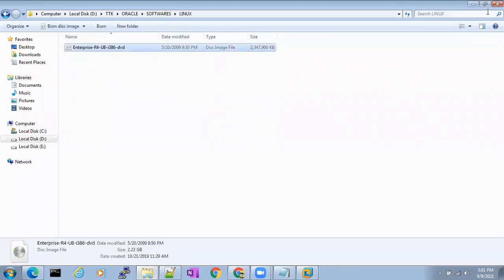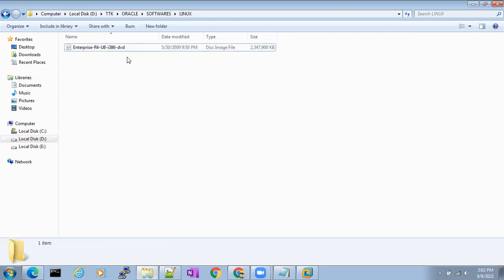How do we install a Windows software? In the previous days, we used to have a Windows CD. We used to insert the Windows CD and install the Windows operating system. But as technology progressed, that CD disk is converted into an image file, like this.